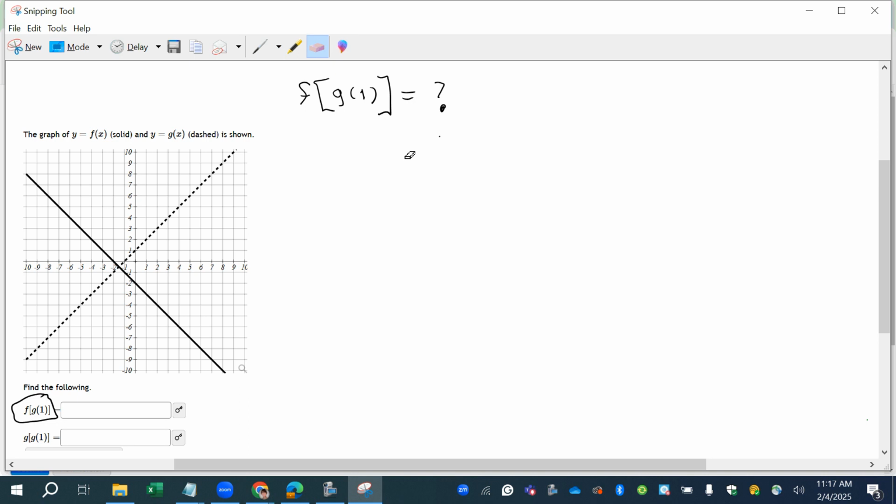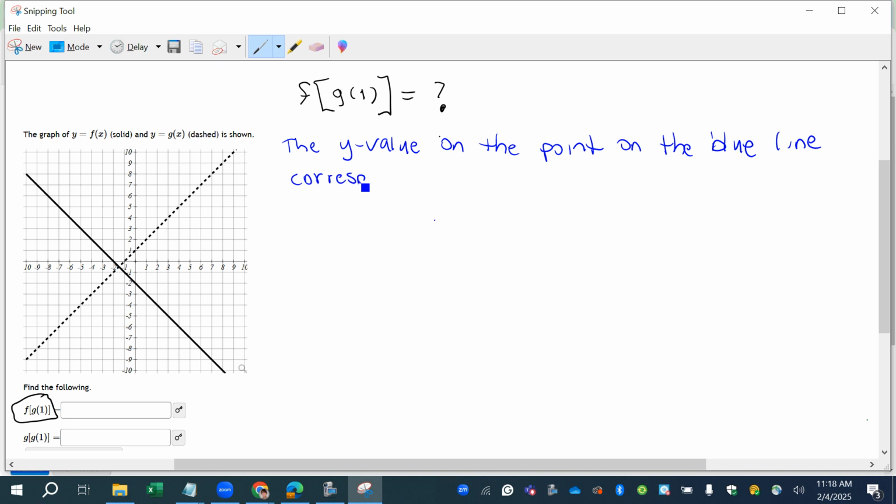Now, in plain English, how does that sound? I would say the y value on the point on the blue line corresponding to the x value that equals